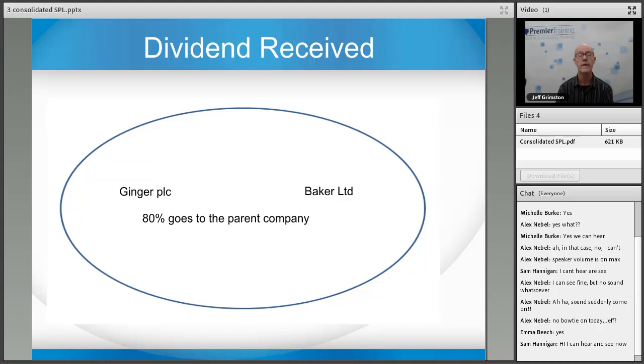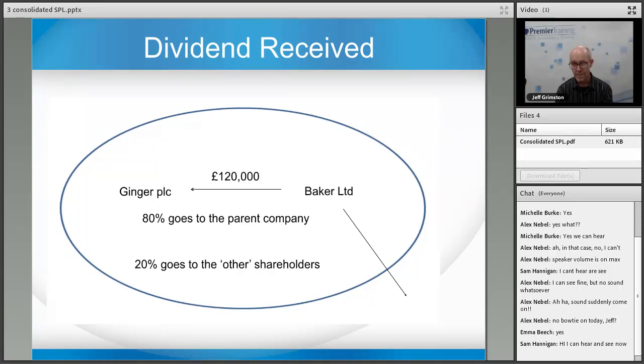80% of the shares are owned by Ginger PLC, and therefore 80% of the 150,000 is 120,000. So Baker has paid Ginger during the course of the year £120,000 in dividends. The other 20% has gone to other shareholders, and in the group account we don't bother with dividend paid to minorities. The money that goes to them is taken care of as it becomes part of the minority profit share,